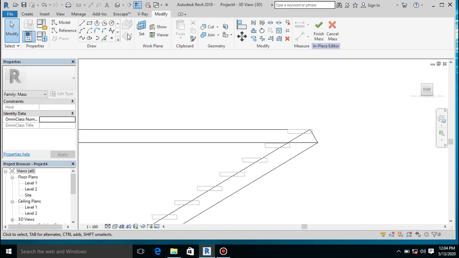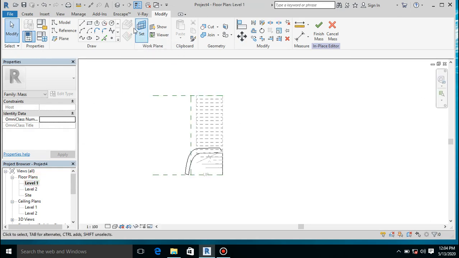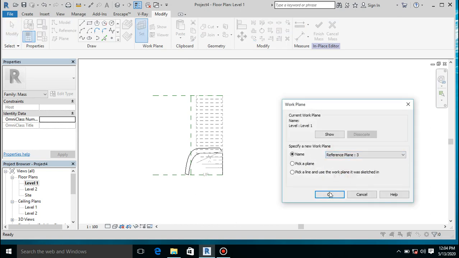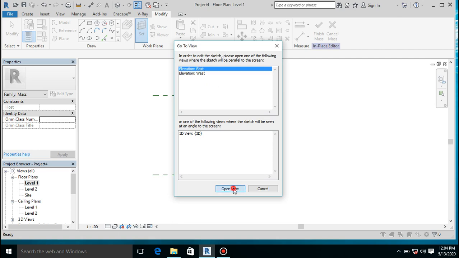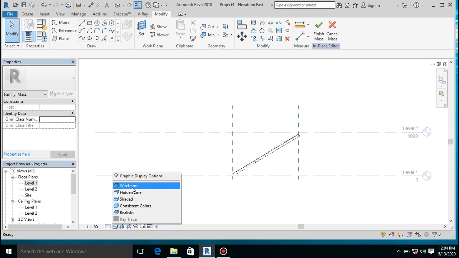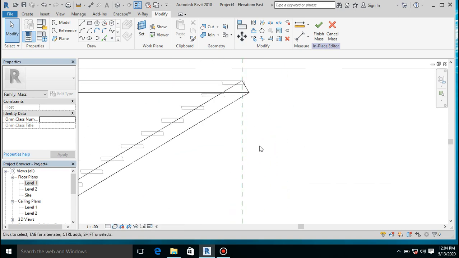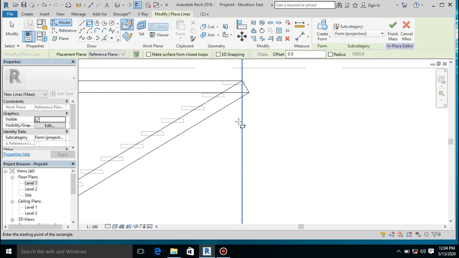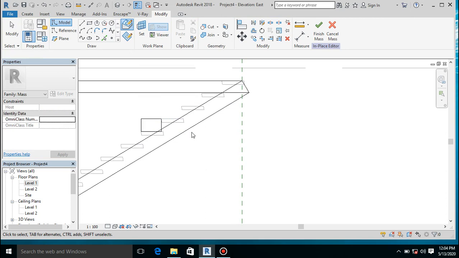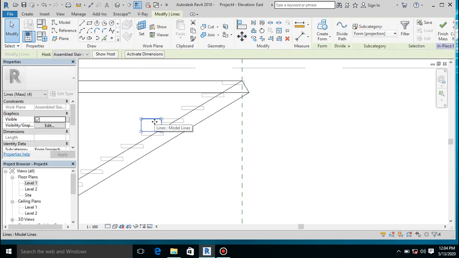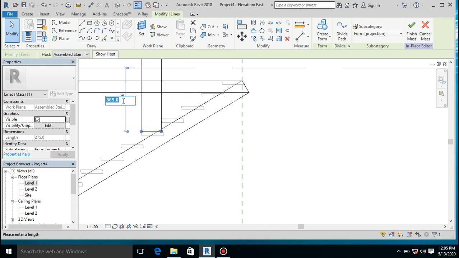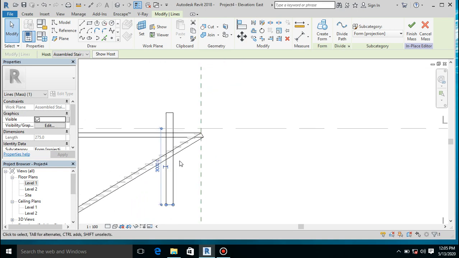I want to create a void form. So set plane, go to floor level, set plane to number 3 and click open. I prefer east elevation, which is my right hand side. Now put it at wireframe. I want to create a void to cut across this. So let's take it from somewhere here to here. Nice. And from here I want to increase this to about 1500, and the one beneath to about 4000 or 3000. Let me just make it 3000 and press enter, and create